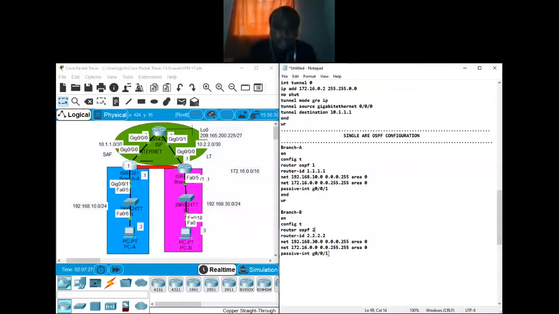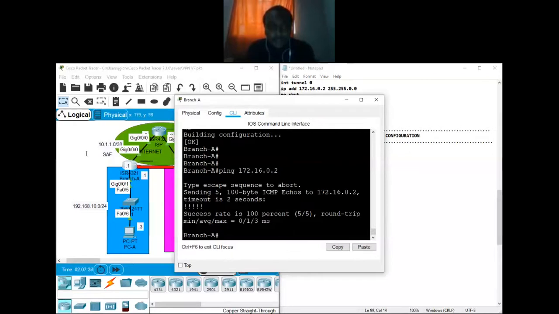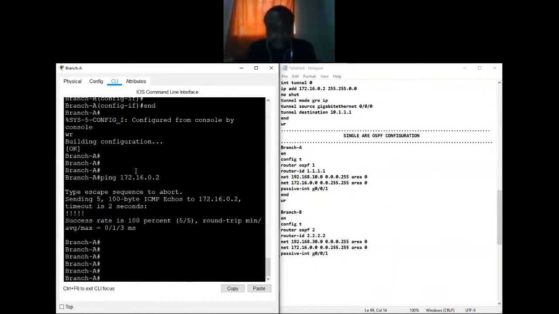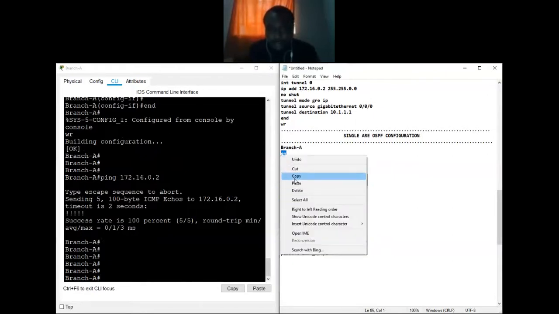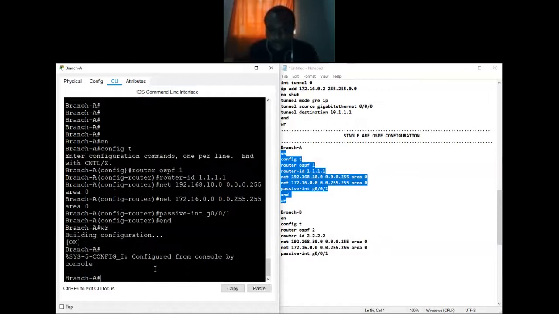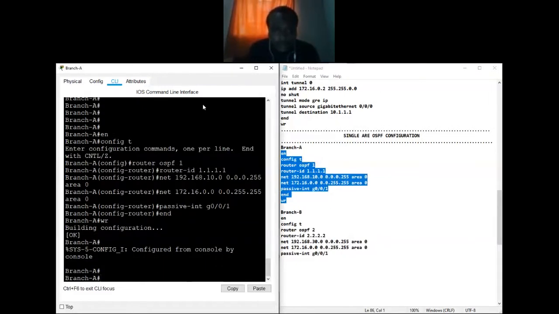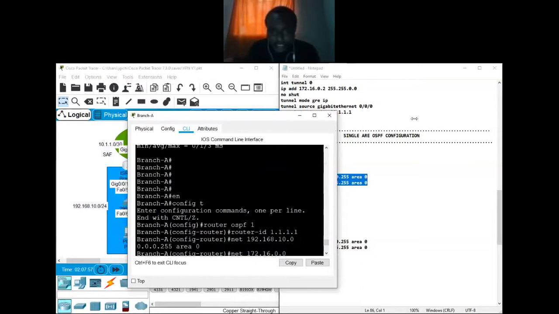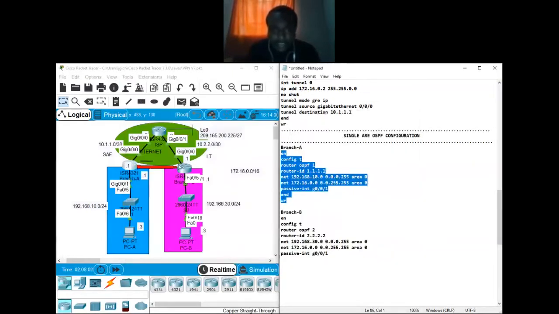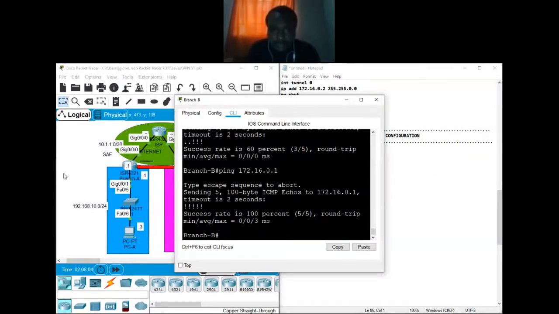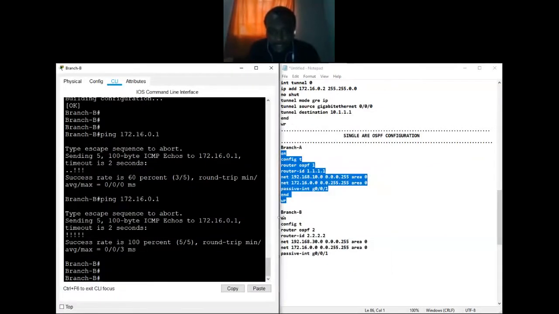That's now what you're going to do under the routing protocol, so that you can fully utilize that virtual link that you have created. So we actually do it on the routers. I'll open R1 or branch A, and then paste data intended for branch A. So no errors. Always confirm you haven't gotten any errors. Everything went as intended. And then I'll open branch B, then copy data intended for branch B.